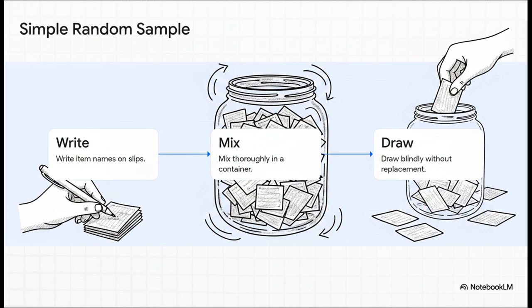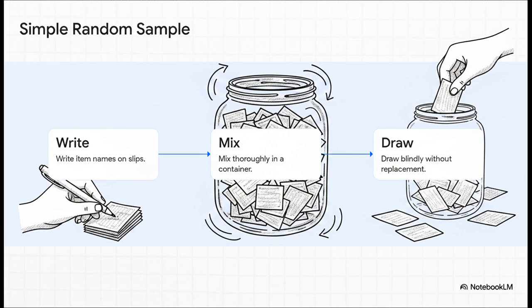Step 1, you write every item's name on a slip of paper. Step 2, you mix them all up thoroughly in a big container. And Step 3, you draw blindly without replacement. Every single element in that population has an exactly equal chance of being picked. Now, sure, today we mostly use computer-generated random numbers instead of actual hats and paper, but that fundamental mechanical principle